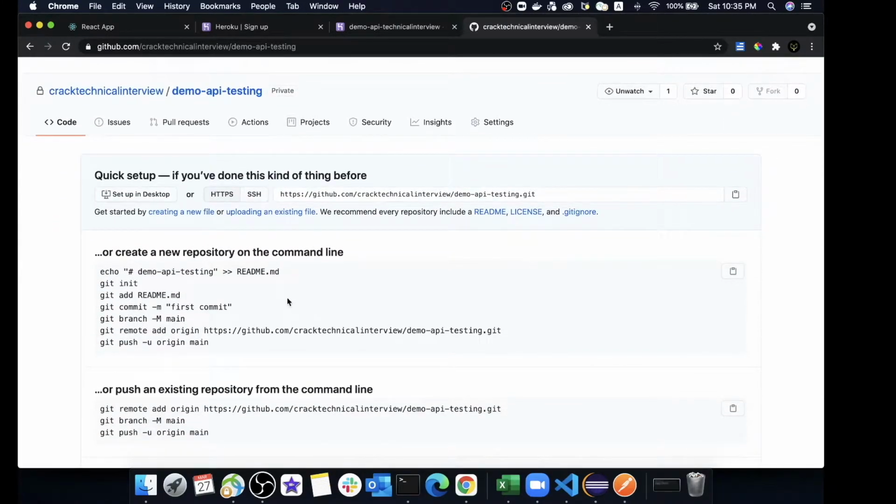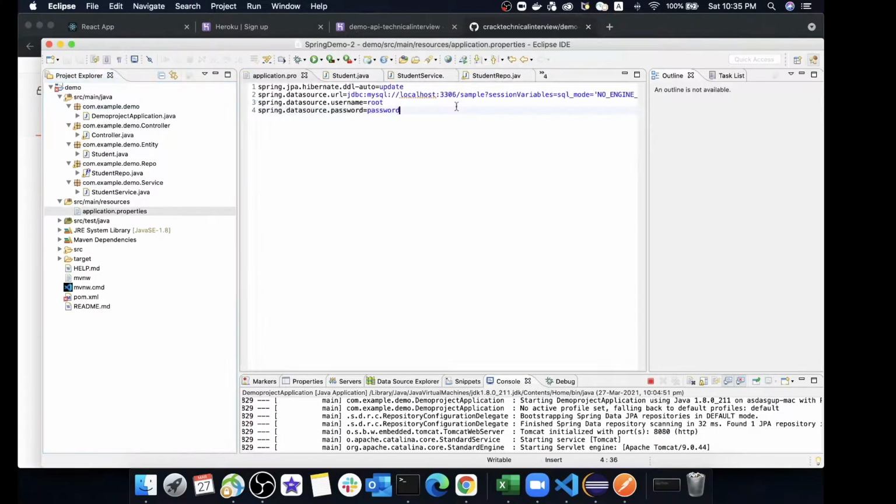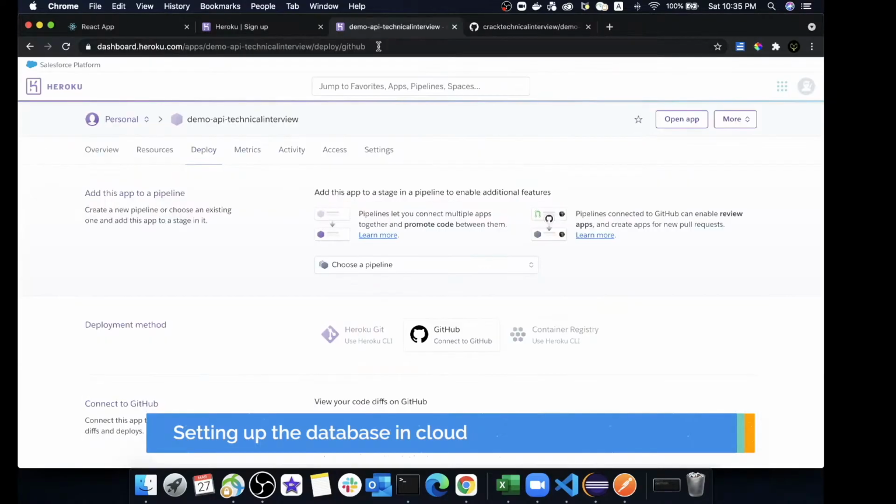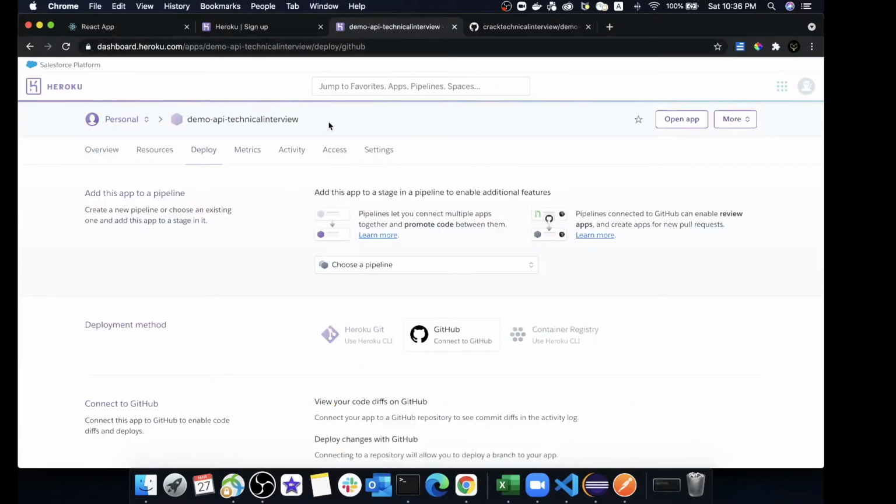So let's now commit the code that we have developed for our backend service. But before that, we have to set up a few things in our backend service. The first thing that we need is our database connection. As you know, in our local setup, we are connecting to our local database, that is the MySQL database. Now let's connect to our database provided by the Heroku application. To get access to that, we first have to go to our Heroku deployment server. And within the deployment server for the API, we have to configure our database connection.